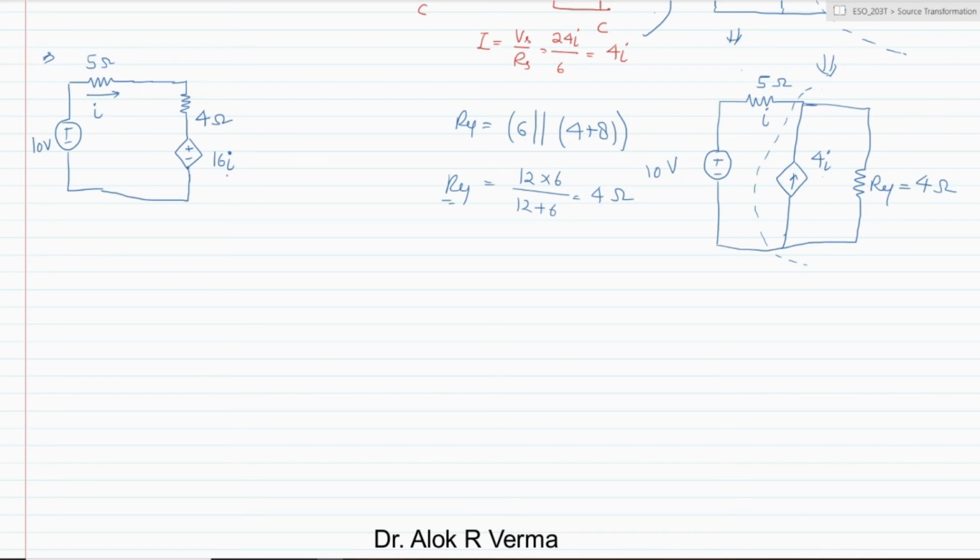Now you can see this is a simple one loop. Now apply KVL. If you simply apply KVL, from this point you can see the rise in voltage. This is the circuit. If we apply from this point, we are rising the voltage by 10, then there will be a drop. How much drop? 5 into I, because IR will be 5 into I, and then the same current will flow in this. So drop again 4 into I, and then again a drop of 16I is equal to 0. So if you solve the circuit,